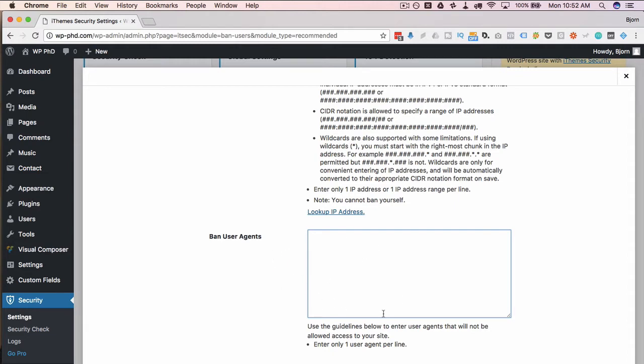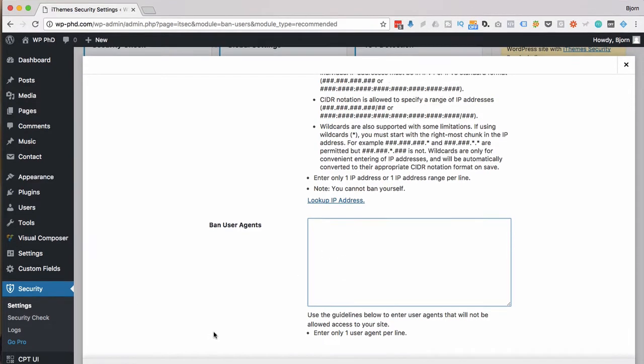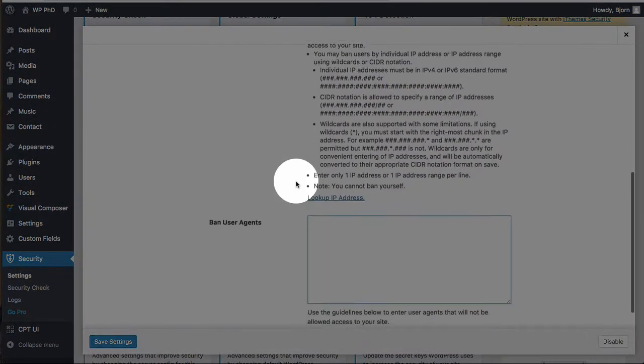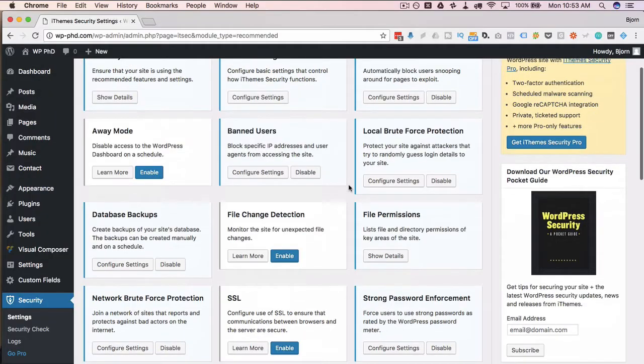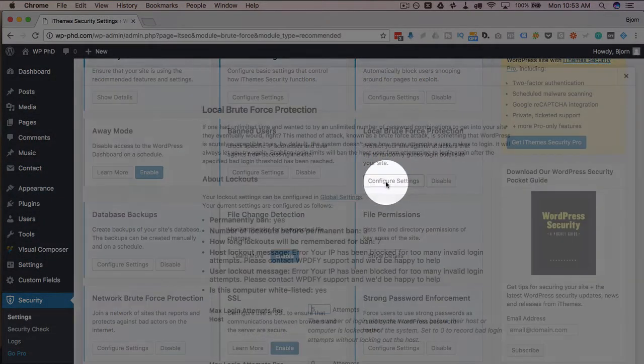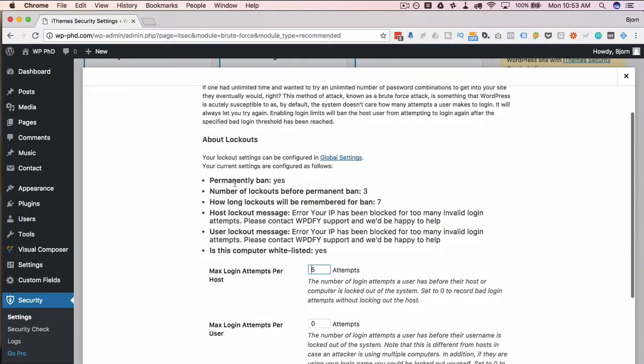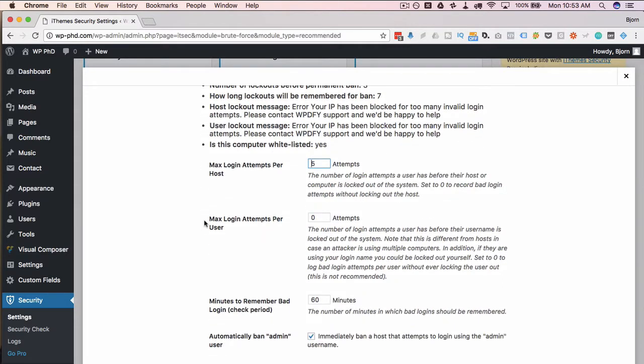So most people don't see user agents, but like I said, the Wordfence plugin does show user agent data. So if you find these weird user agents that aren't explained and they keep doing bad things on your site, you can add them here manually if you want to, one per line. I'm going to keep these settings as they are. Click on Save Settings. And we have our brute force protection that was automatically configured. And basically, this is the limit login attempts functionality again. So you can keep that how it is.